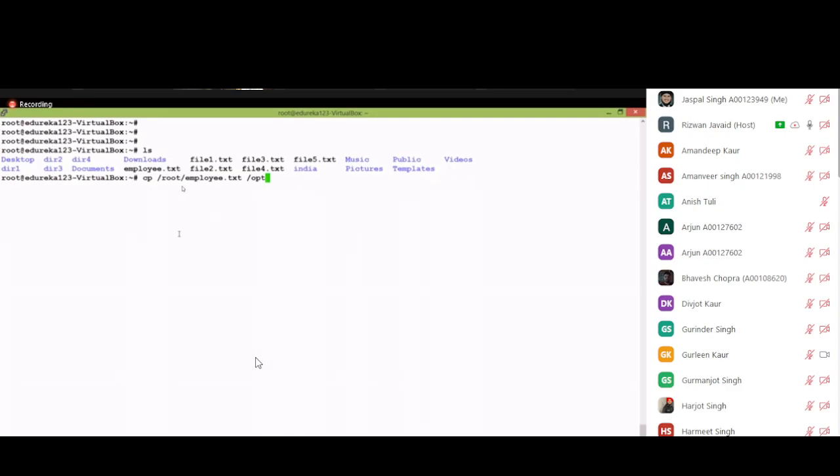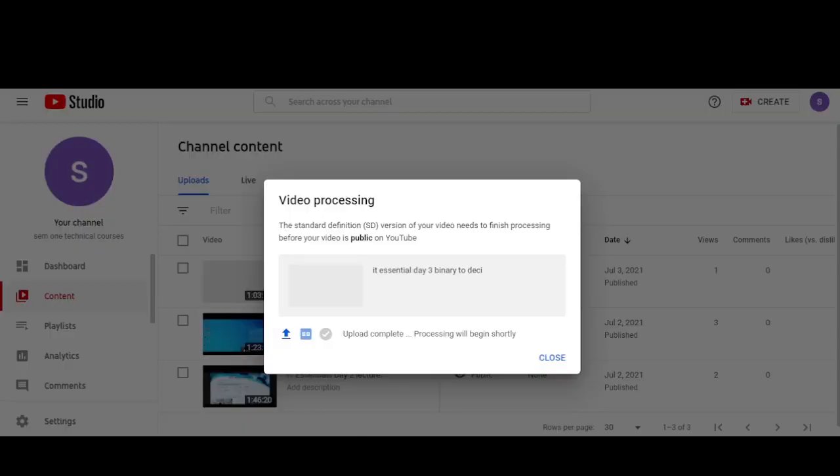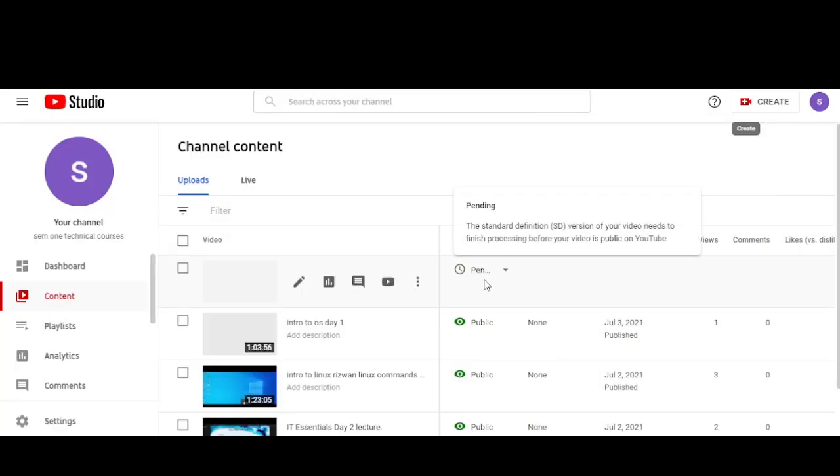Sometimes you don't give the proper path or the exact location, and then also there will be an error. So make sure you know what the source is and what the destination is.